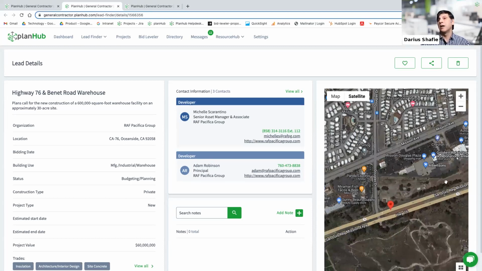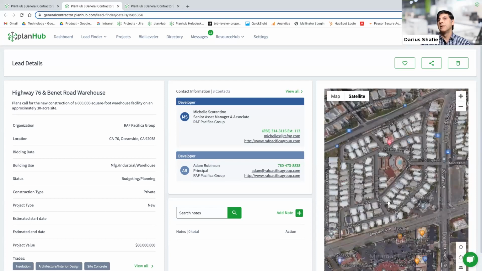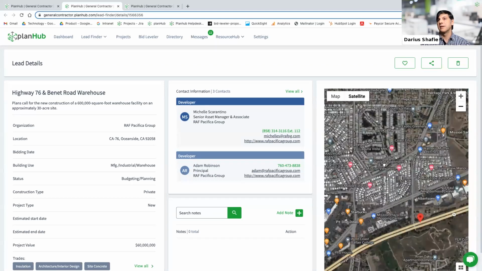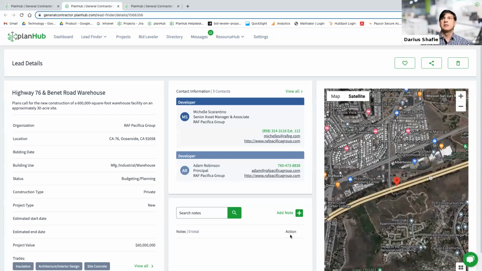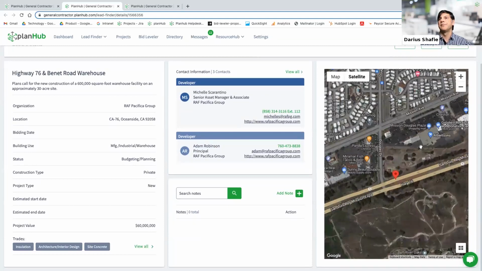For example, if you have to put erosion control and dust control around the area, you will see that. You can see that, over here, it looks like there's residences. So that'll give you some clues as to, for example, noise abatement and things like that from the construction project. This will give you more information than just seeing the address and not knowing exactly where it is. So you can also see that here on the maps.